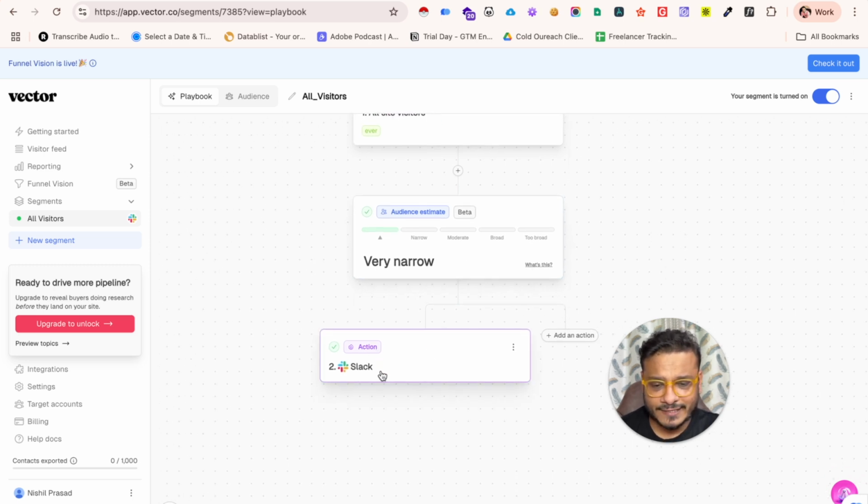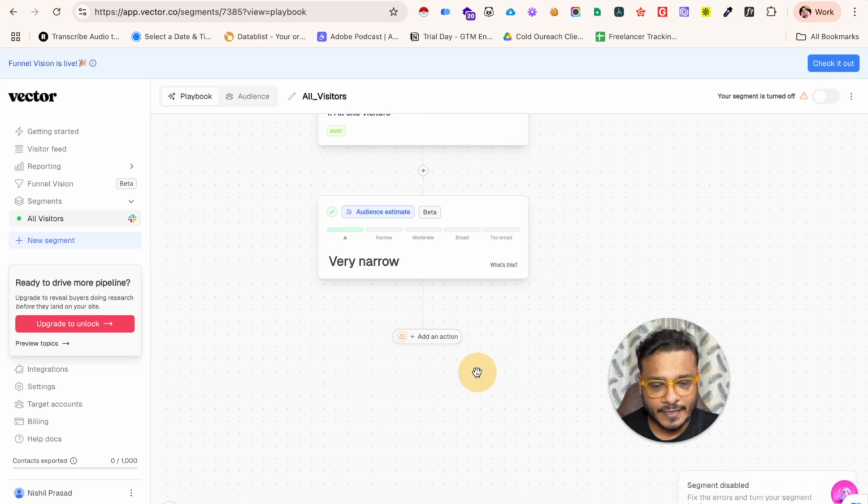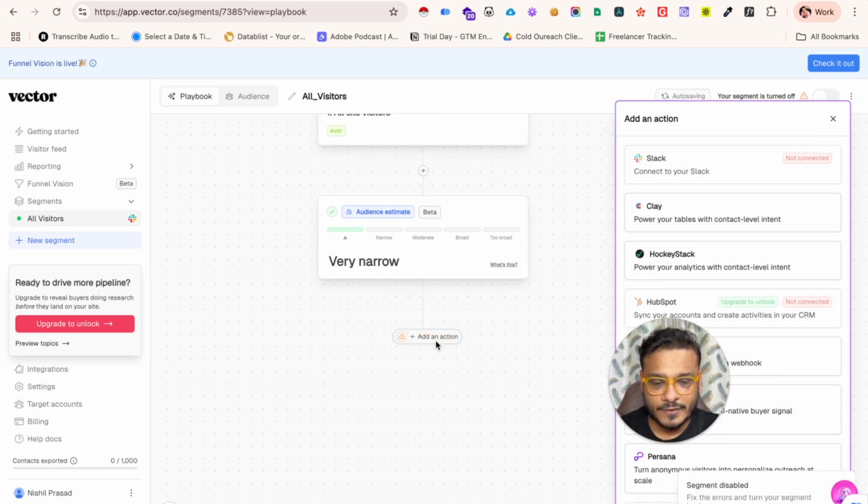Now we have a Slack integration over here. I don't know what the use of this is. I think this is not the best way to use Slack because some of these entries might not have a domain name, might not have a LinkedIn profile, might not have an email address. So even if you pass it to your sales team or outbound, half of the details will be missing. So instead, I will remove this, and what I will do is add a webhook,